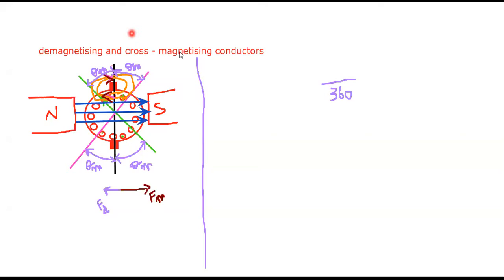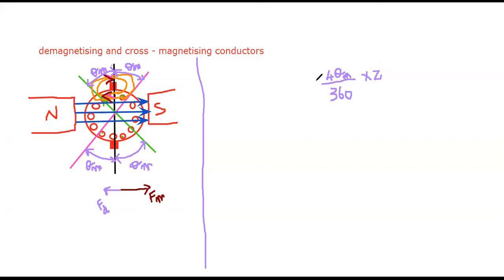Depending upon that, I am going to write the equation here. Here I have 4 theta m available, and this 4 theta m is under the angle of 360 degrees. If I want to consider the conductors, what I would like to do is multiply by the total conductors, Z, here.